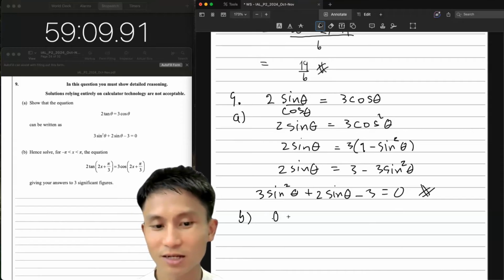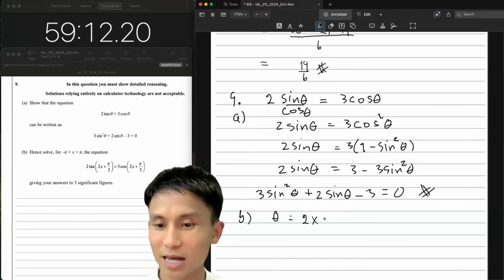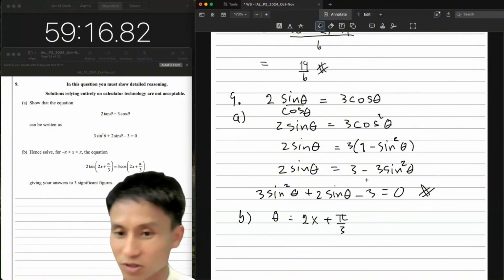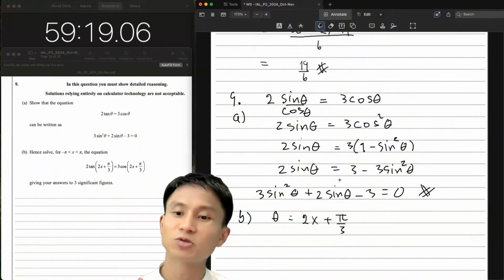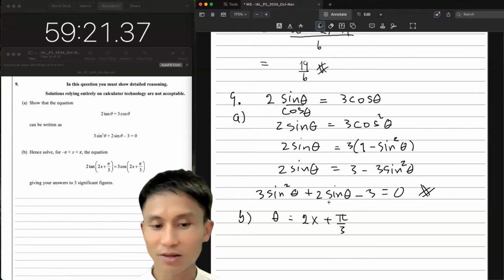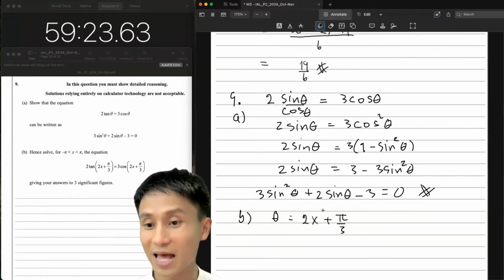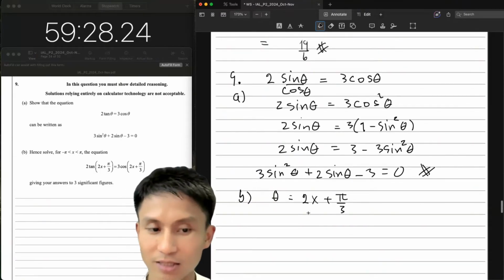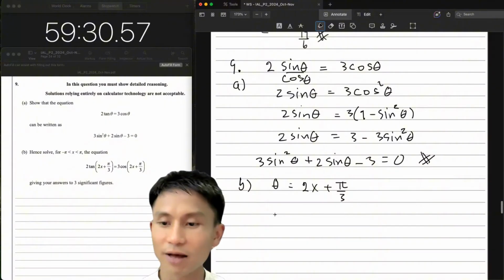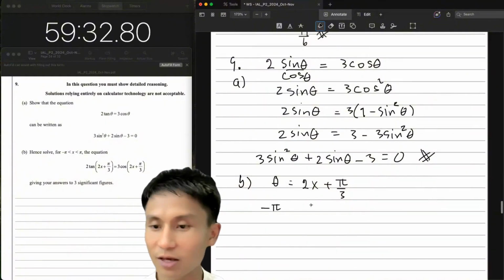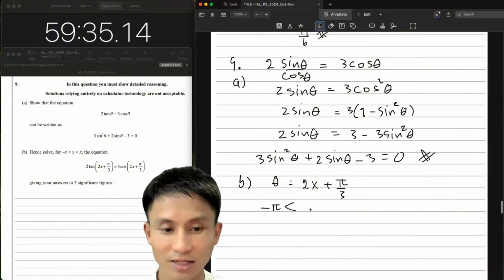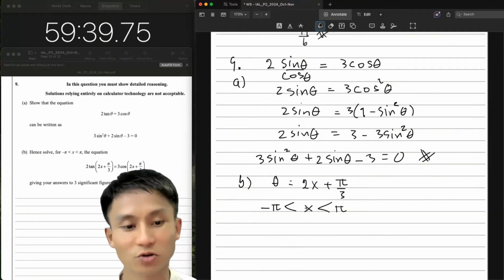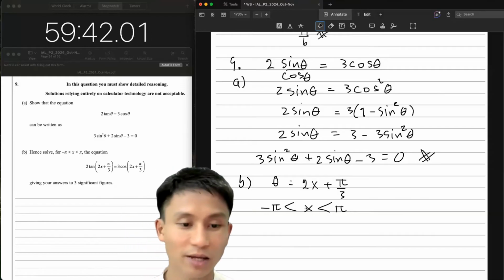If you map theta to what you see down there, 2x plus pi over 3, this is just our substitution. So after you solve for theta, you plug theta into this equation and you're going to get x, because you want x. But you must not modify the range, because we have been given that x is in that range, right? This is very important because sometimes you can get too many or too few answers without looking at the range